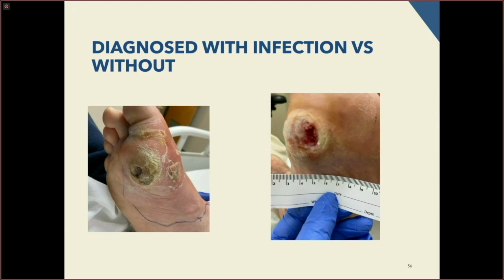so these feet are very similar in every way possible. They're in the same stage of wound healing. They're very similar patients. PVD, gait instability. They both had a very good support network, which is not something you always see, but they had a wonderful support network, very willing to return to the clinic.